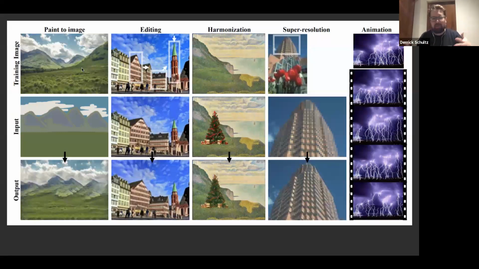What I think is interesting about this model is it's a Swiss Army knife sort of thing. It does a lot of different stuff, and it does it in different ways. I'm interested in trying to figure out if we can learn more artistic representations of it, but it's kind of like Photoshop for machine learning. There's a bunch of different ways to manipulate this thing. There's also a way to create animation using it. Basically you give it a single frame and it creates animation from it, which is pretty interesting.